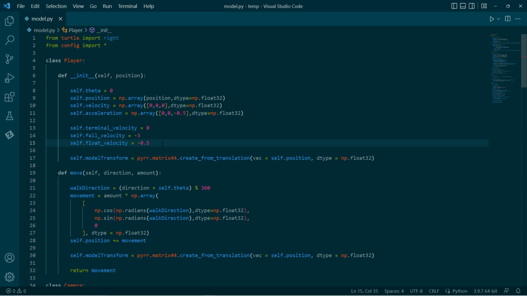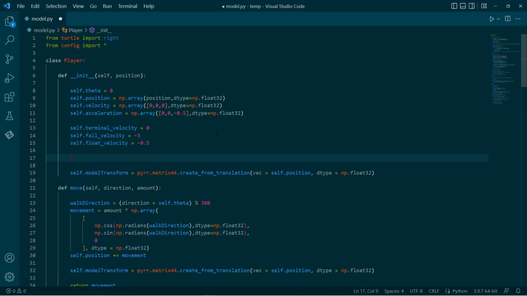Now, I actually tried using physically correct parameters. I Googled the terminal velocity of a person. Funnily enough, it was really hard to find the terminal velocity of a parachute. I kept Googling it, and the only thing I could find was the world record for falling the fastest. But I just want to know, like, why are people so keen to fall down to the ground? I don't know. They want to do it as fast as possible. Okay, point was, it didn't look good, so I've sort of stylized these numbers a little bit. These are not physically accurate, but they do sort of seem to go okay with the controls.